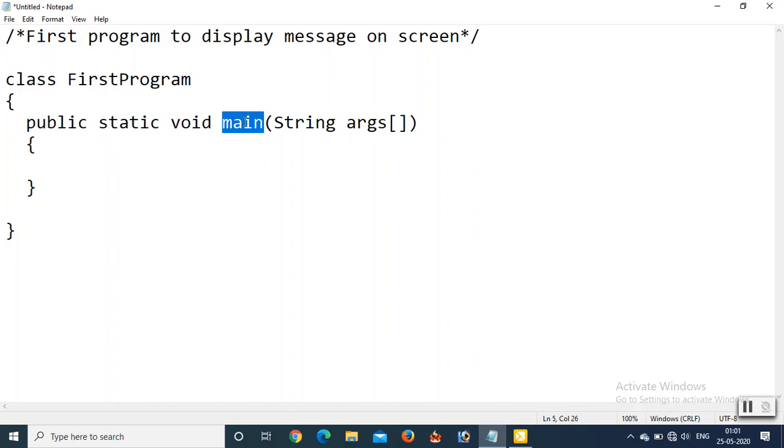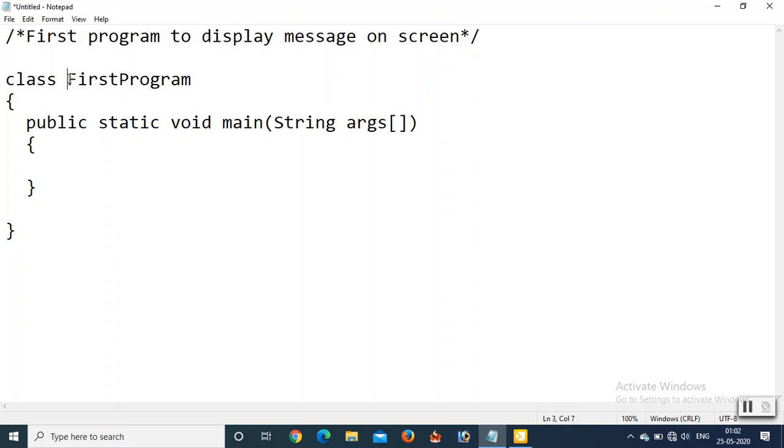In the main method you can create an object of the defined class. It means you can create an object of this class over here and have access to the member methods by using the dot operator.